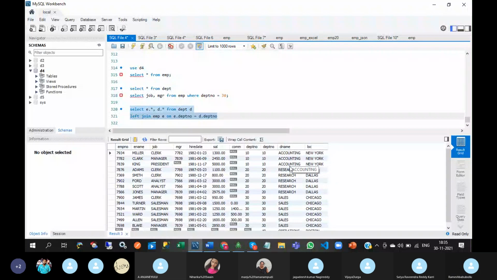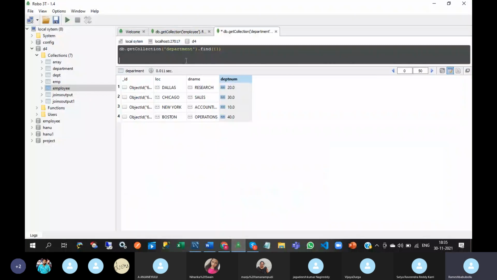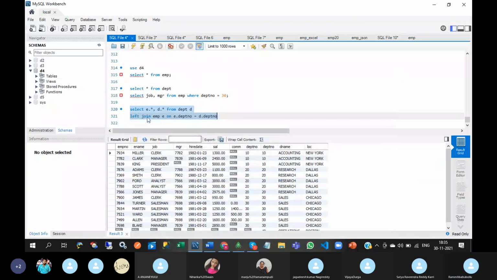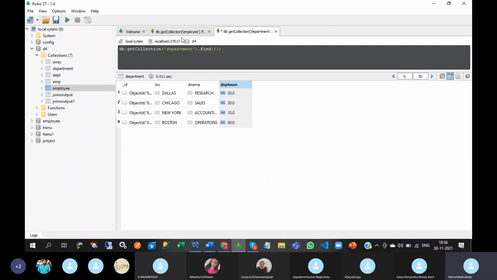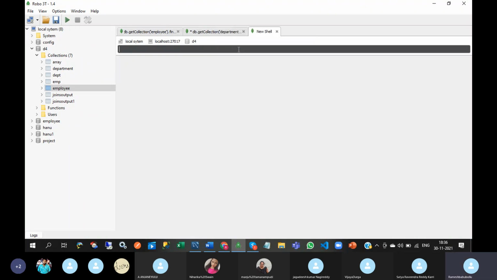But MongoDB is a NoSQL database. In RDBMS we use join conditions. In NoSQL, actually there are no joins, but by using the lookup operator, we can achieve a left outer join. So how to write that join condition, I mean the lookup operator, in MongoDB?